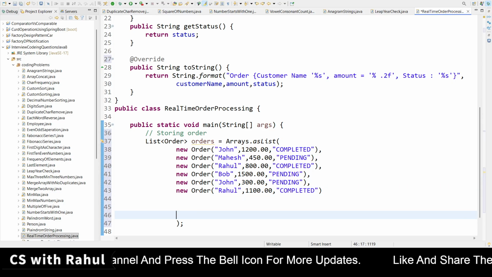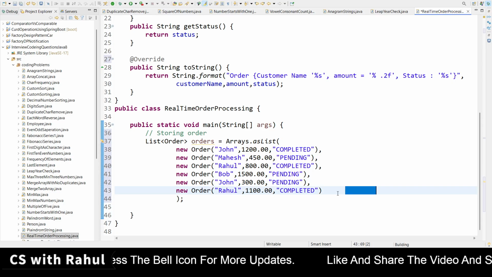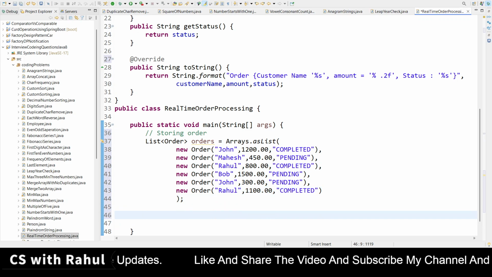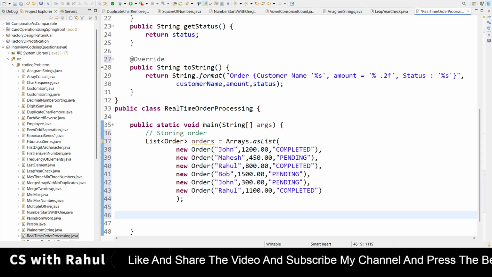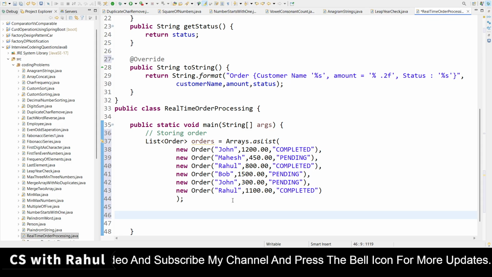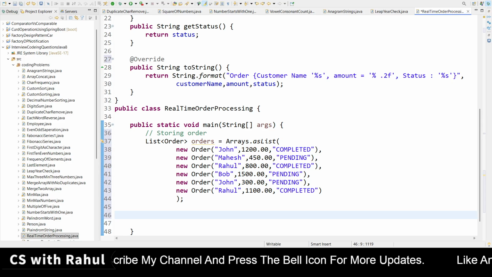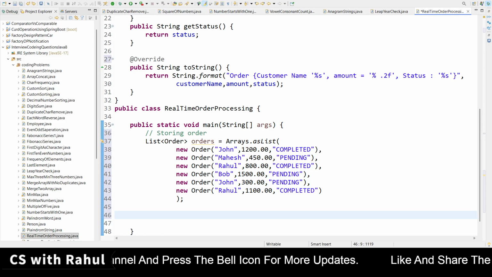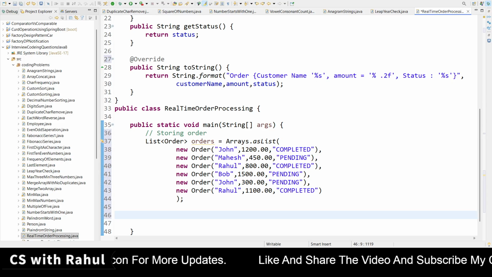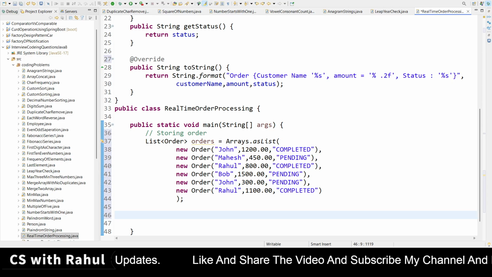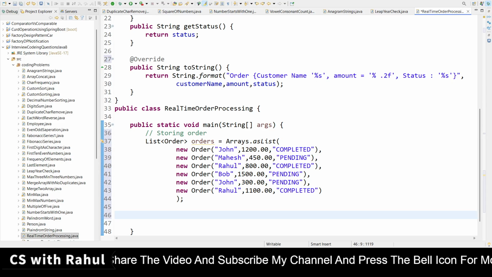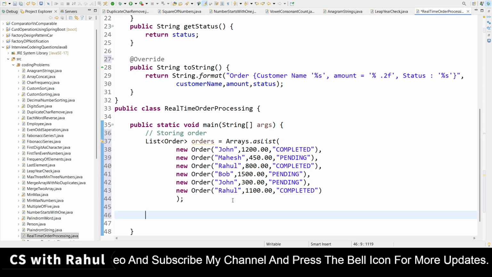We are storing the orders in an array list. Okay, next, what we have to do? Our first task was, now everything is done, the data came to you, right? Now we will filter the orders only by the completed status, and which is above 1000.